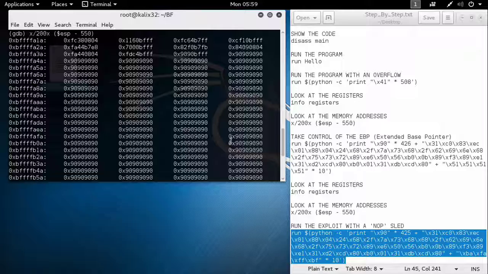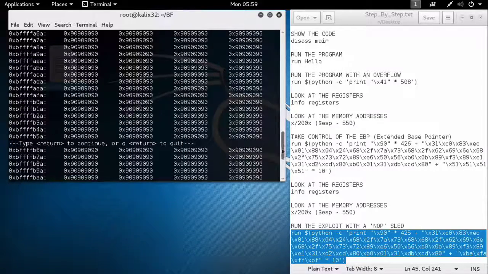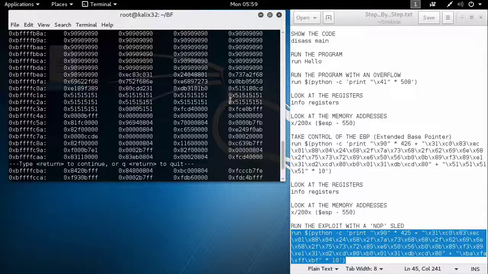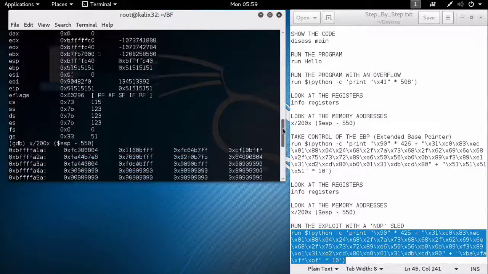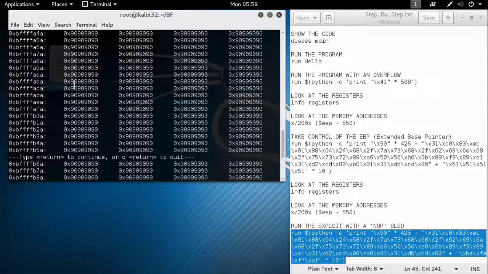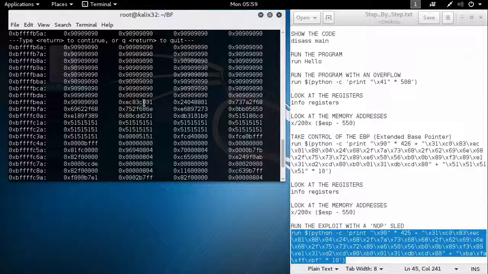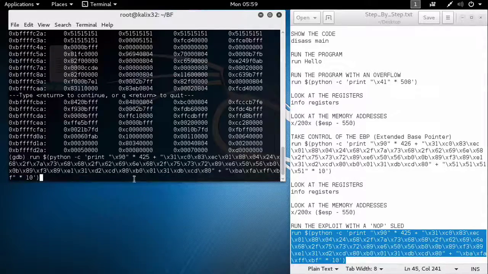So we're going to fill the buffer, then we're going to put our code in, and then when we get to this 5151, we're going to redirect it back here to the AFA, and that's going to slide it along, and then it's going to hit this code, and it's going to execute that code because it's been run by the EIP. So when we run that